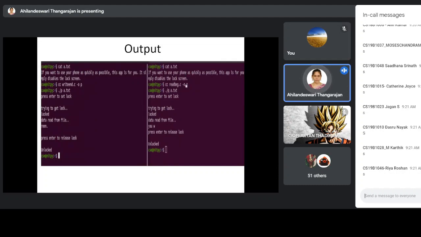So here you are compiling with the name q, ./q a.txt. Now a.txt is already accessed by this program. Now we are accessing a.txt from this program. Now we are trying to acquire a lock. Yes, we get the lock because this is a different region. So you can get the lock on the same file a.txt.